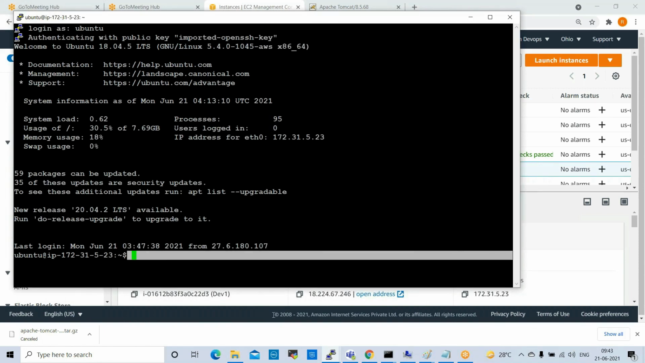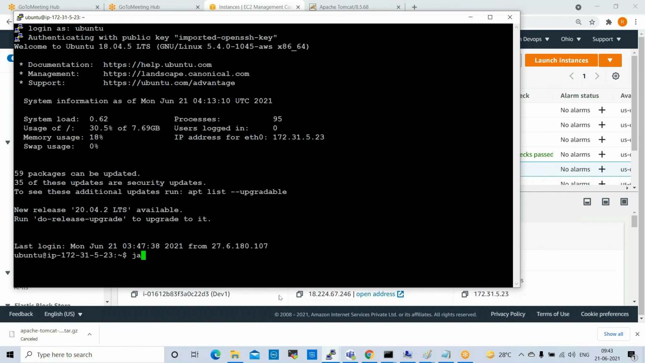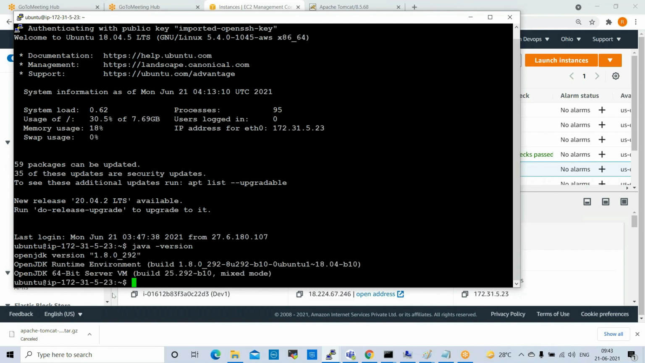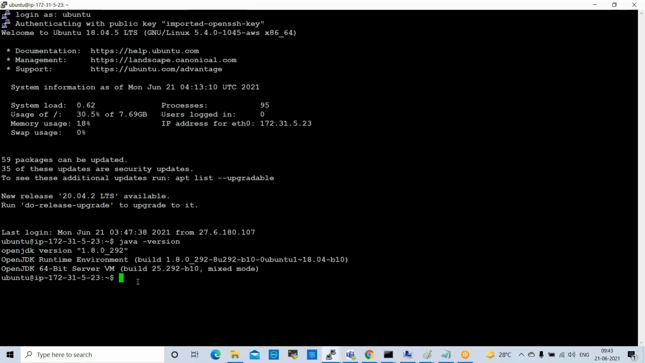Now you can check whether Java is available or not. java -version. See here, Java 1.8 is installed. Next, Git, by default it will be available. git --version is also available. And ansible --version. Ansible is also